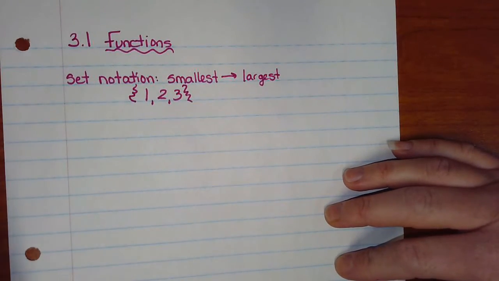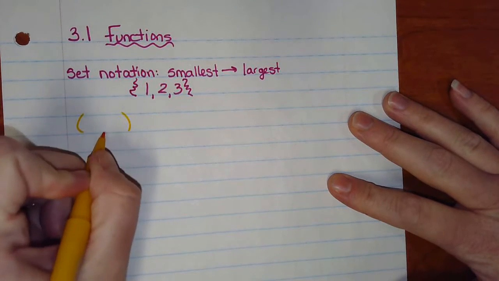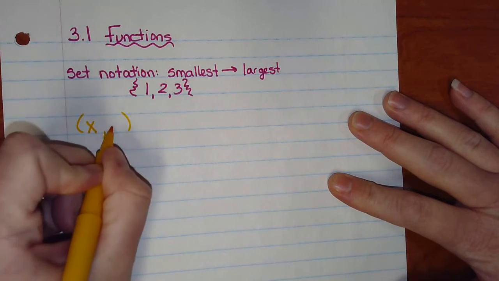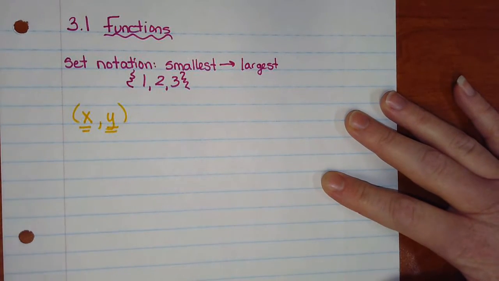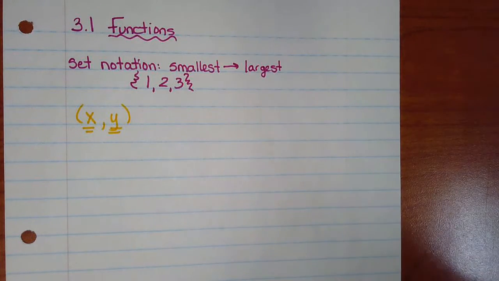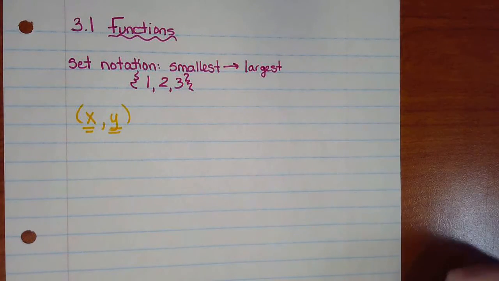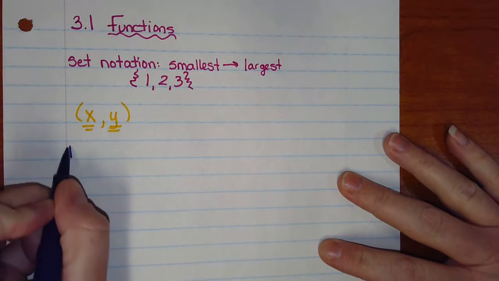Next thing that we have to chat about are coordinates. So just to keep in mind that when you have an XY coordinate, X comes first, Y comes second. That's something that you kind of should know, but I've done this long enough to know that I got to remind you. And then the main part of this section today is going to be about domain